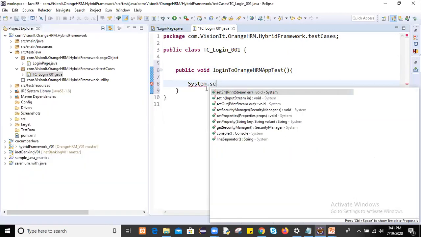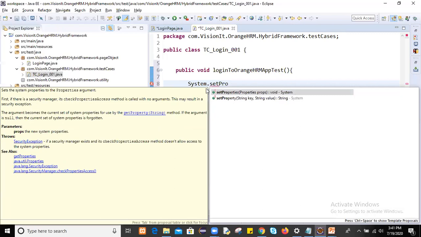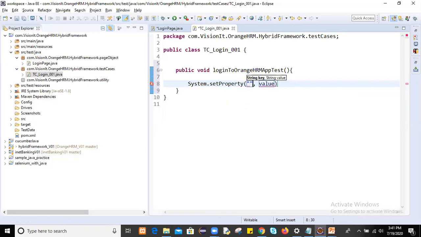System dot, just use set property. We are going to go for web, like on which browser you want to execute your test case. As of now we'll execute on Chrome.